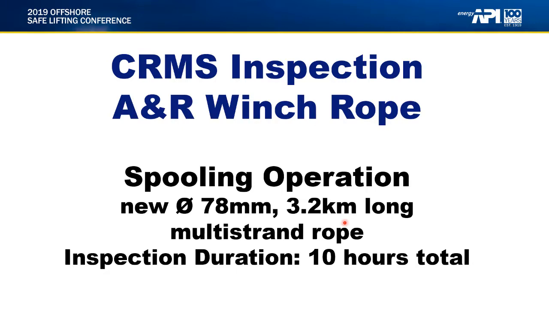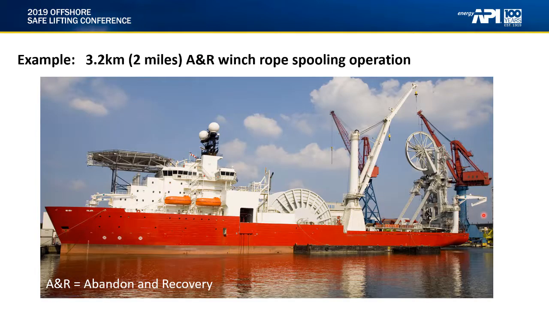We would now like to demonstrate a CRMS inspection on an A&R winch rope. This is a spooling operation of a new 78 millimeter diameter, 3.2 kilometer long rope. This is a multi-strand rope with an inspection that lasted roughly 10 hours total. Here is a typical stock photo of a pipelay vessel for the 3.2 kilometer, or roughly 2 mile, A&R winch